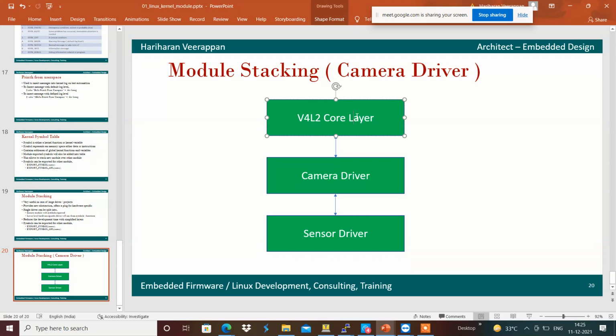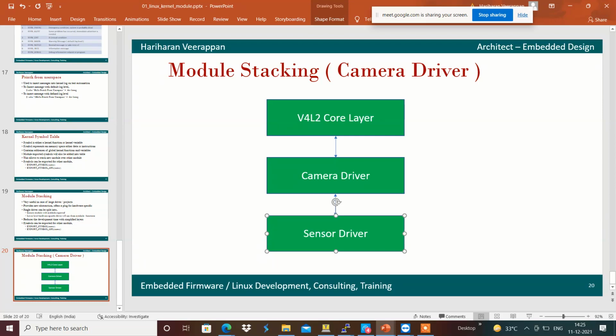Hello1 is like the core layer, and the core layer will be used by another set of camera drivers, and the camera drivers will be used by another set of drivers. Like that, it is used in the Linux kernel, which is called module stacking in the Linux kernel.